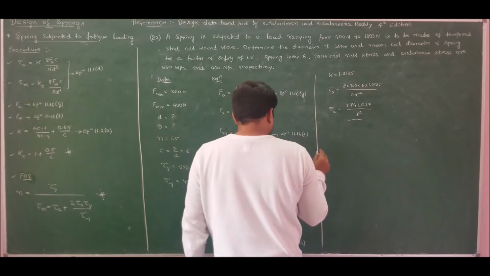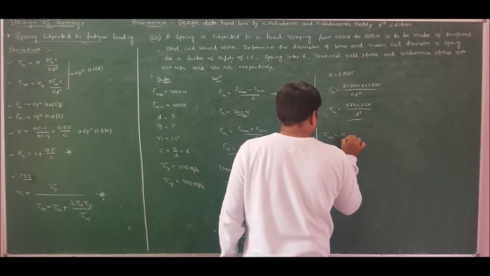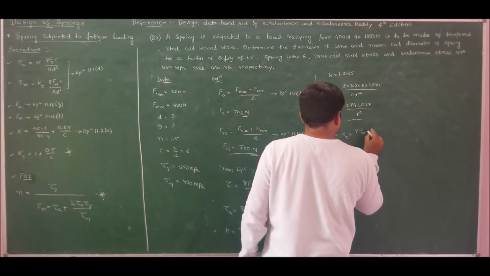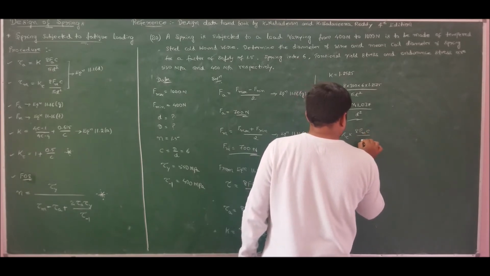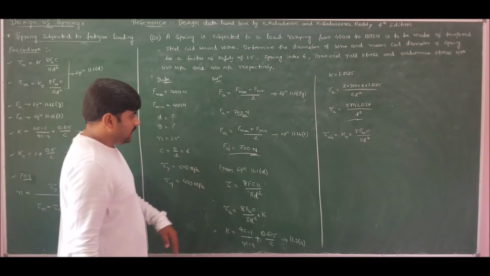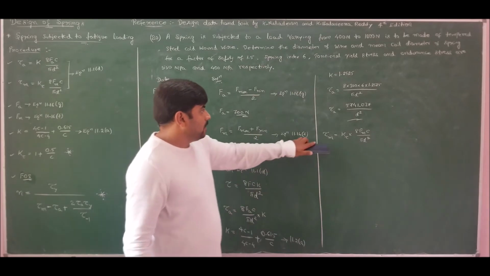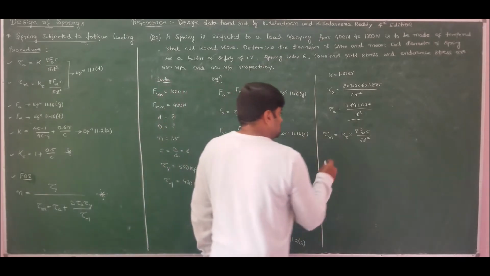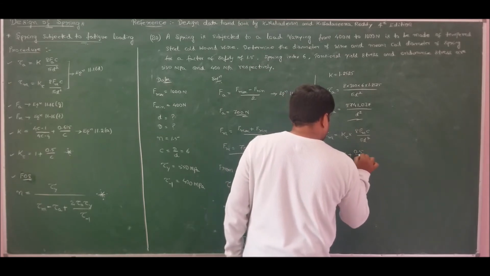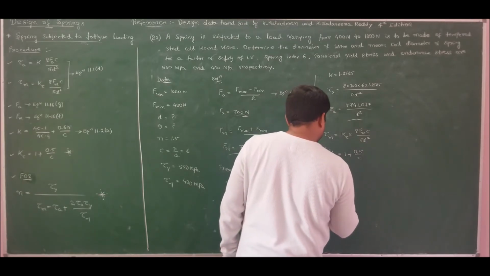Now coming to mean stress, tau mean is equal to K due to shear into 8 F mean C by pi d square. In the same equation 11.1 D, instead of K we should use the stress correction factor only due to shear for the mean shear stress calculation, where K tau is given by 1 plus 0.5 by C, which is not available in our design data handbook. You people should remember this equation.